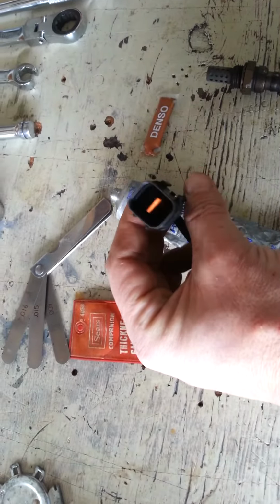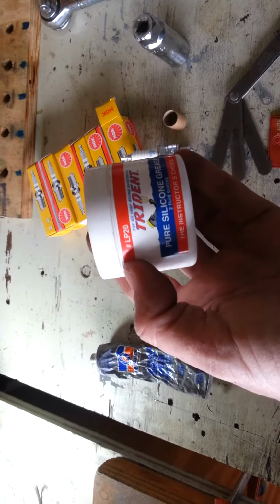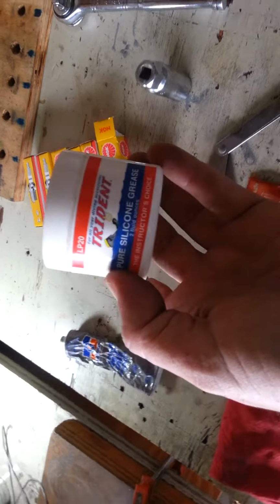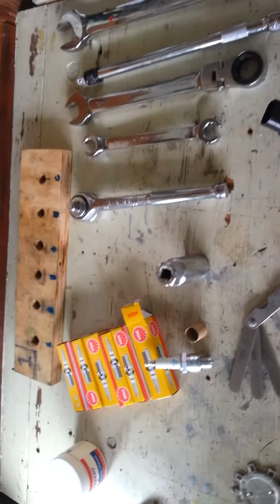For seals, any kind of seal, fuel injector seals, the coolant tube seals, I mean just all kinds of seals, this is good stuff to use. It's pure silicone grease, so it won't degrade the plastic or Delrin fittings or whatever kind of seals you're trying to lubricate. Makes everything go back together and also prevents contamination. So I also use this